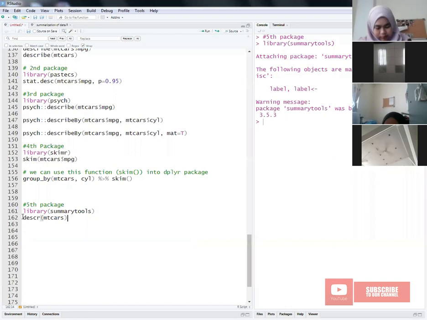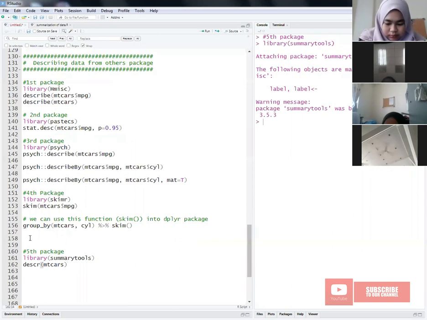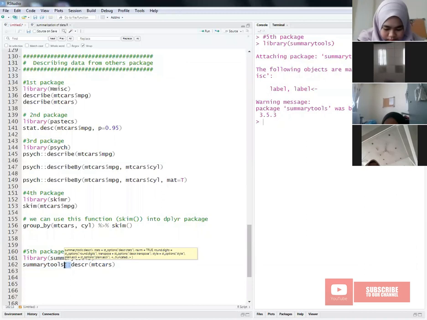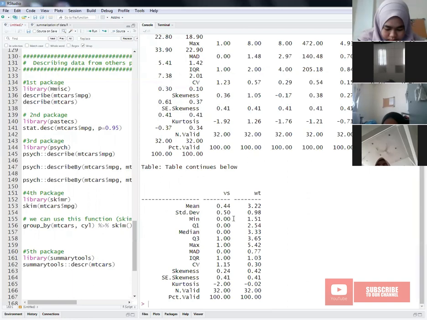So since we are having the same function later on in a different library, it is better that we use summarytools:: to specify that this function came from the summarytools library, right? So we use a double colon to specify that this function came from summarytools, right? So if you run this function, it will report to us